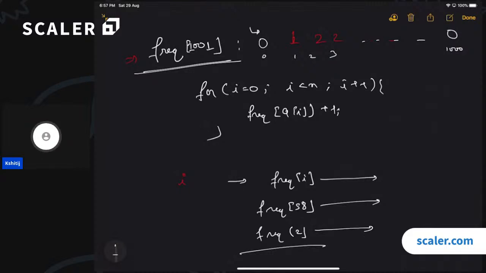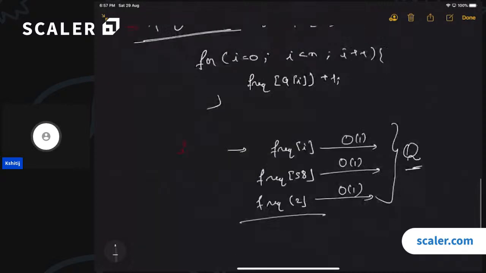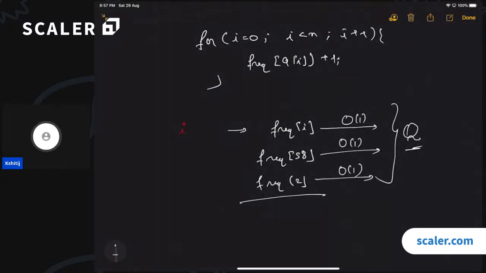Time complexity of this operation is constant. This is a constant time operation. I'm just retrieving a value from the array, so this is going to take order 1 time, correct? Now I have q queries and each query is being solved in order 1 time, correct? So what is the overall time complexity of solving all these queries? Overall time complexity becomes order q,